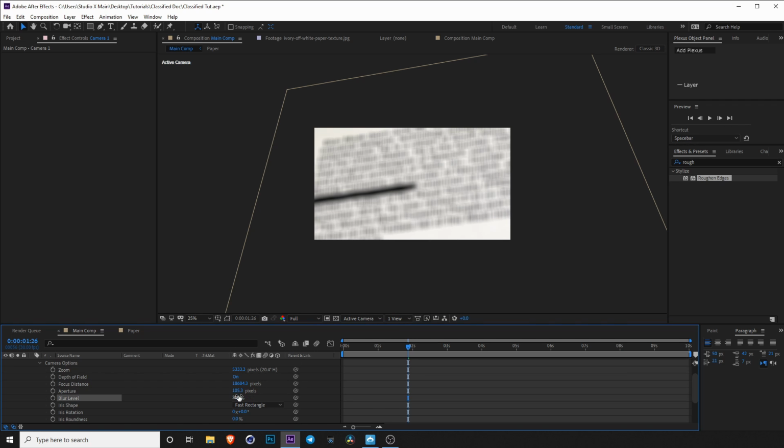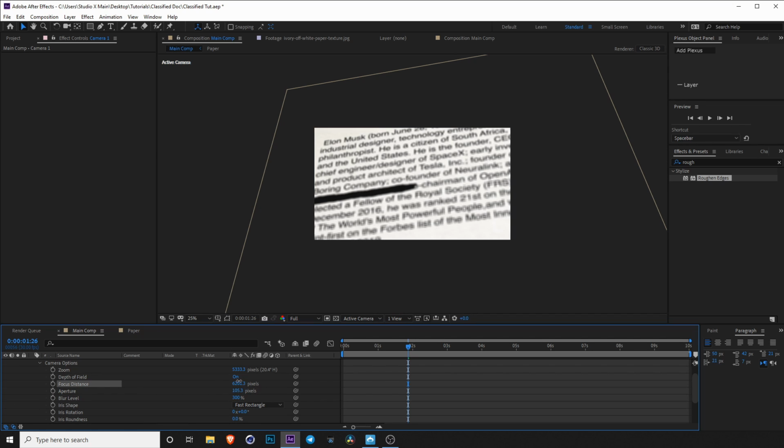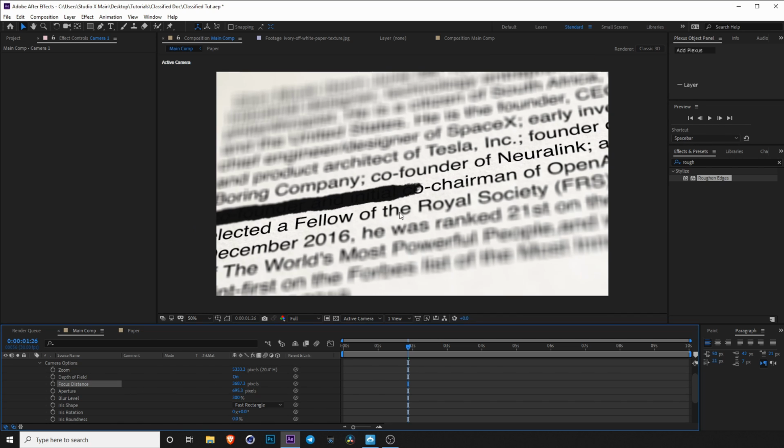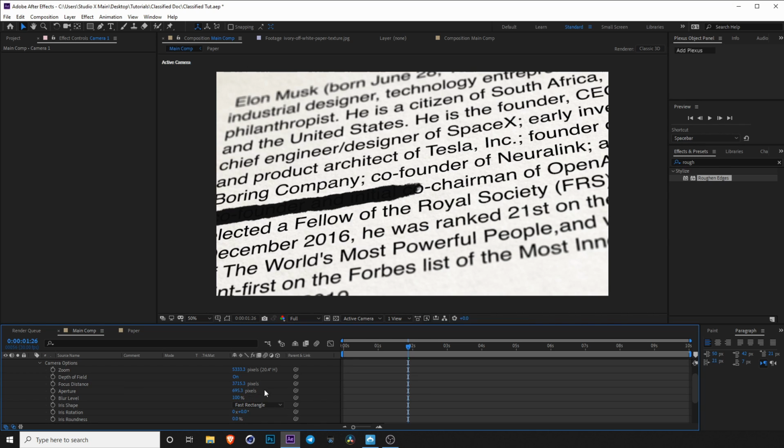Let's make it 300 and move around our focus distance to try to get the text in focus. Okay, perfect. So let me just crank it a little more. And you can start to see that you're getting that focus point to be on the text that is getting blacked out. So now we can go back to blur level, make it something more realistic like 100, and just